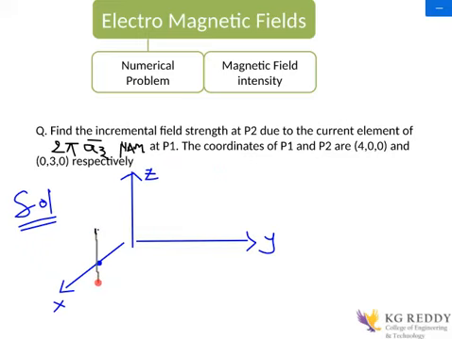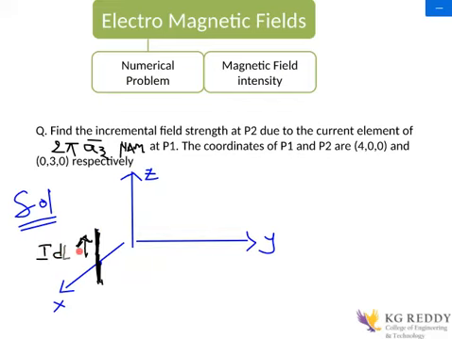Here we are only taking a small part of the current element. There will be a conductor placed like this, where the current will be flowing, like this. The reason I am saying that the current is flowing upwards is that in the question the unit vector of the current element is given as az. It is a positive az, which means its direction is towards the z direction.